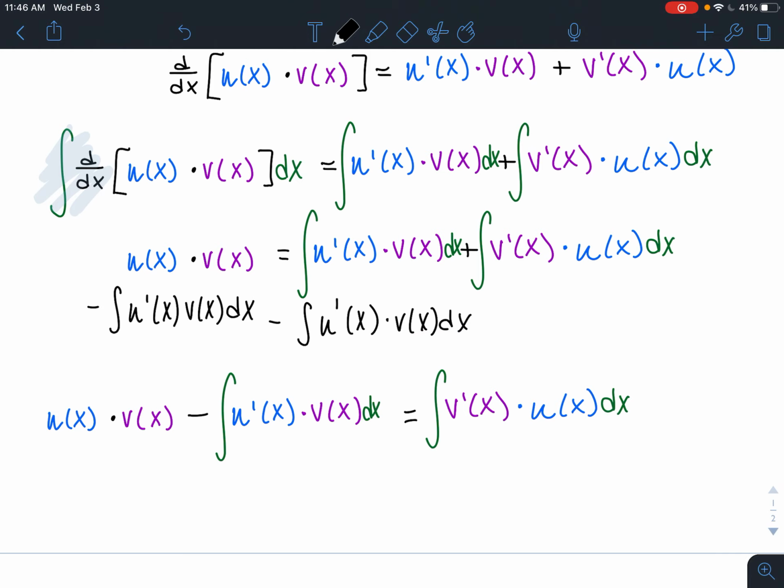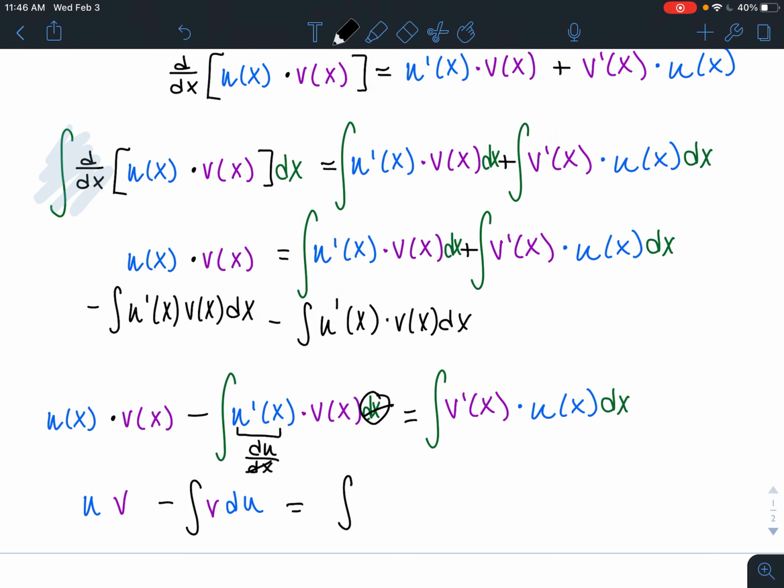Ready? So if we just drop the x's, the x's are just implied, we get u times v minus the integral, u prime, that's du over dx. So if I replace the u prime with du over dx, and then I have this dx here at the end, these are going to cancel out, so I'm going to be left with my v function. I really wish I'd moved this down. There we go. Times u times my du, because that's going to be left over there,